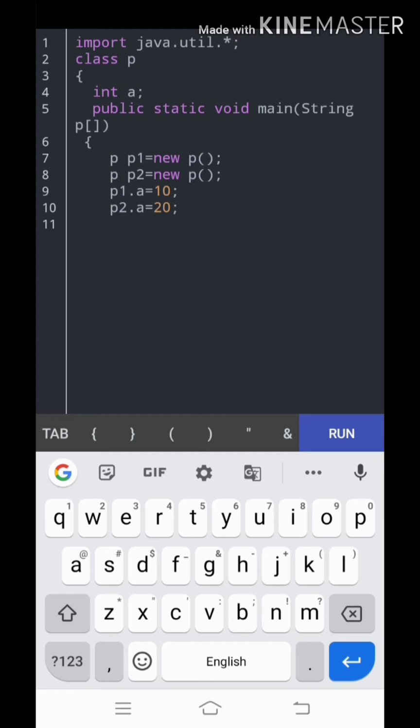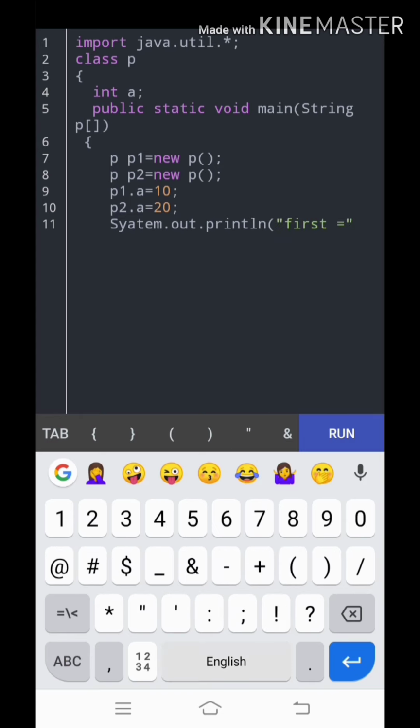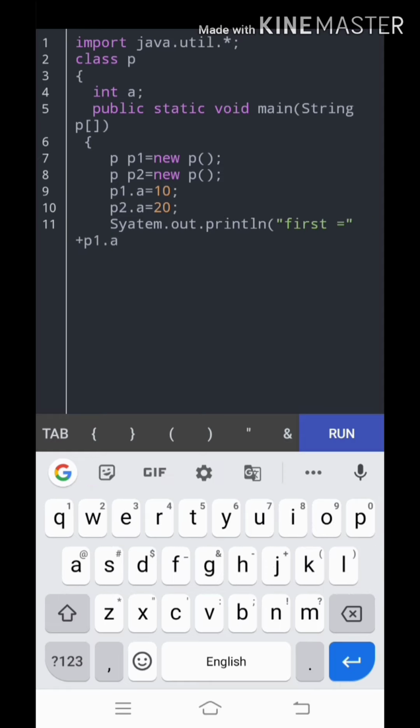When we print these values, system dot out println, for the first object, first equal to, I am going to call p1 dot a plus p1 dot a.